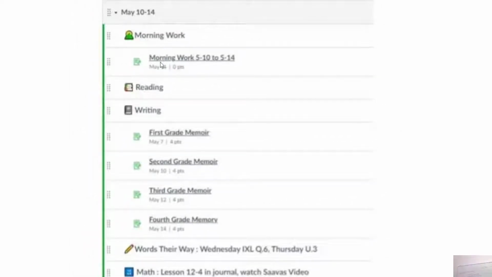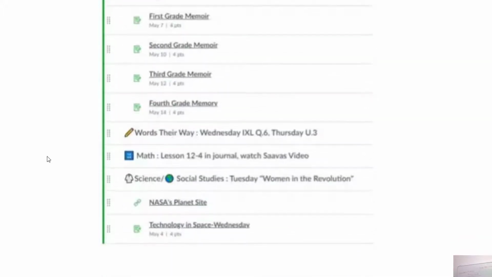And so you have morning week work, perhaps with a link to a shared Google Doc that they're adding to all week long. Reading, there's nothing necessarily online for reading, but then there's a writing project that they're working on. And so they have an assignment for each piece of their memoir that they're turning in. They utilize the text headers just to indicate what they're working on. For Words Their Way, Wednesday, this is where you should go. Same for math. And then science and social studies, they have a few links for